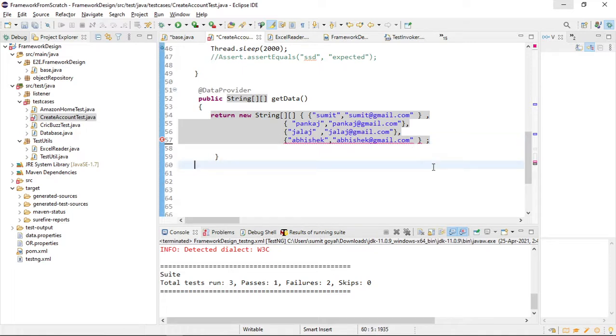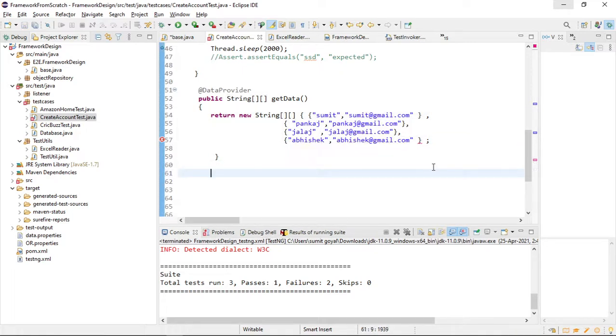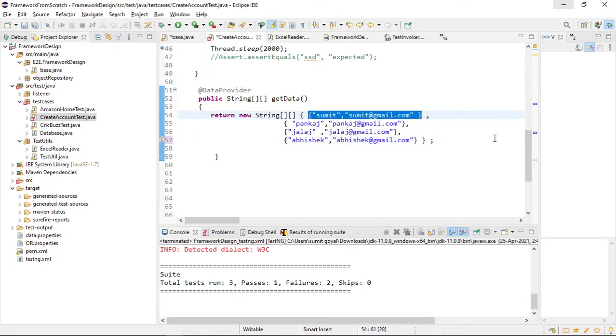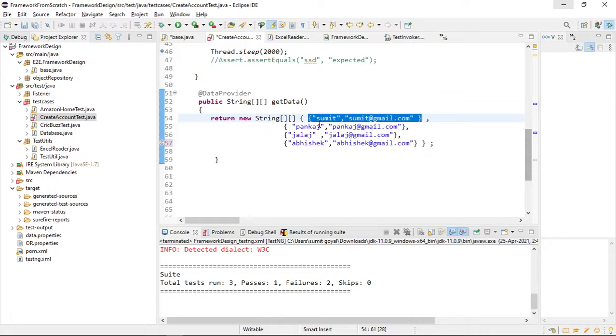If I save it, only one error is coming here. Okay, so one more we have to place after this, right? So this is ending and this is starting, and inside that we are having some data like this. So now if I want to run this test case with this data, one is name, one is email.